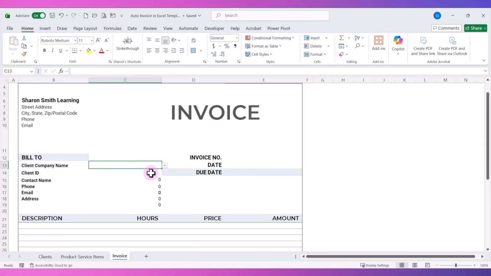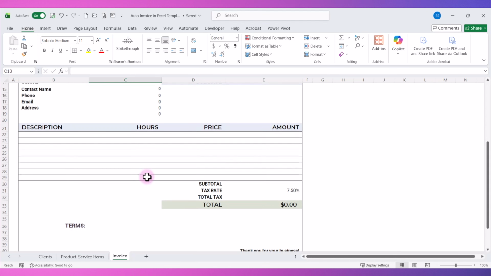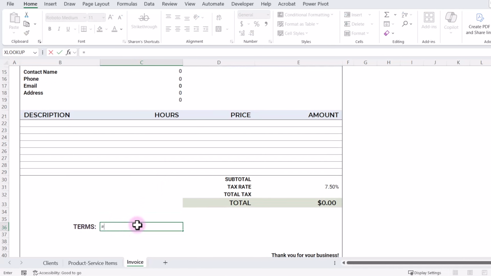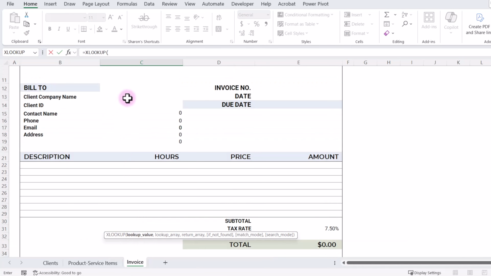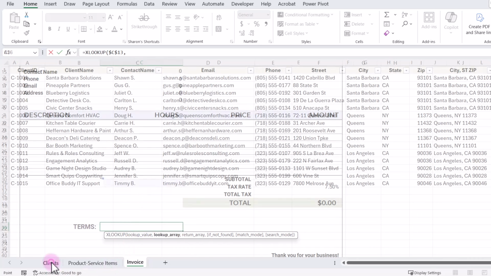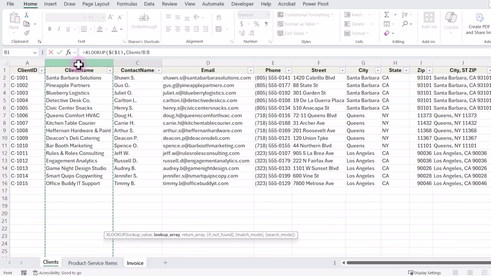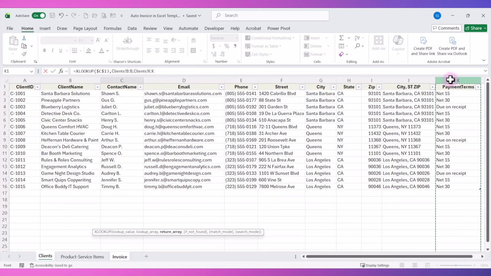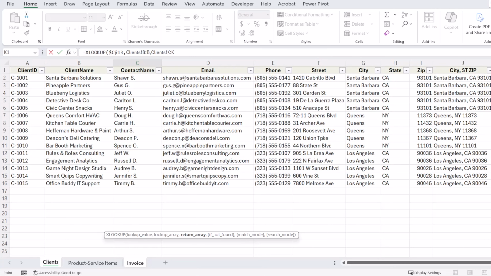All right, I'm going to clear this out, and then the next thing we want to pull in are the terms. So we're going to do an XLOOKUP for that, equals XLOOKUP. And we're going to still look up off of the client name, and then we're going to hit function F4 and comma, and then we're going to select the column K for payment terms to return that value, and we're going to close